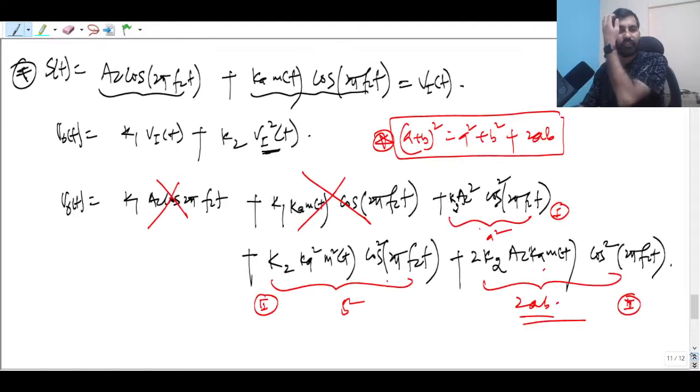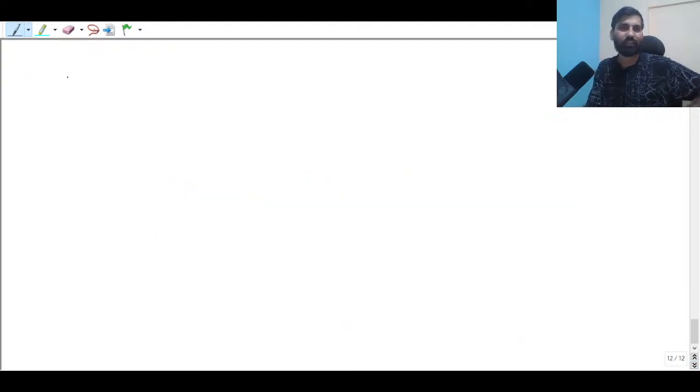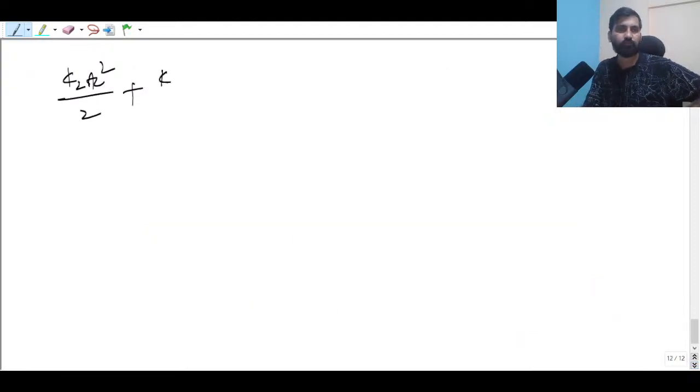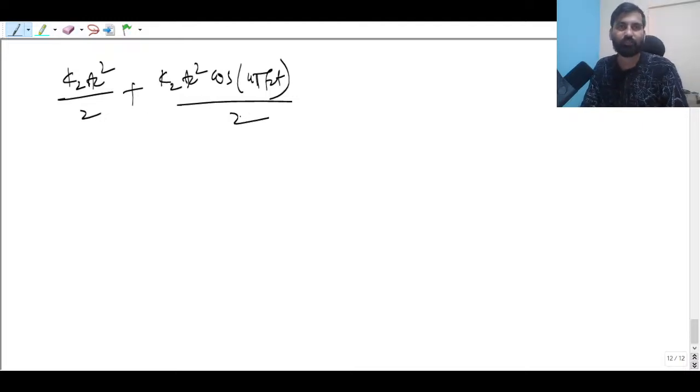so whatever is going to get rejected, okay, I have cancelled already. So what is this, guys? This is nothing but k2 Ac square by 2, okay, plus what, cosine 4 pi fct by 2, right? So let me write that k2 Ac square by 2 plus k2 Ac square cosine 4 pi fct by 2. So ये तो आपका, you know, you can say yeah, just you get lost, okay, it will not be passing